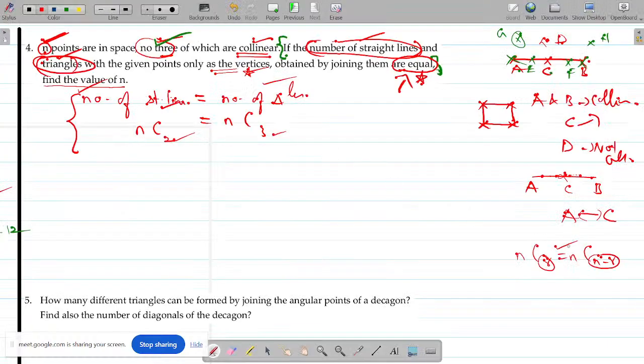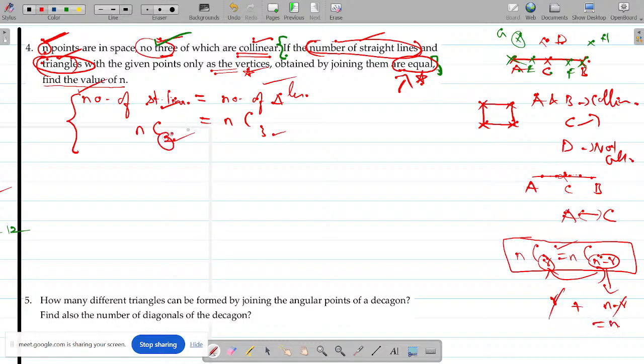So if you just have this relationship between nCr and nC(n minus r), if you add this r, and this n minus r, what will you get? n. Okay. So if you add these two and three, you have to get n, which takes a value 5. Else, if you don't want to go this way, if you want to solve it,